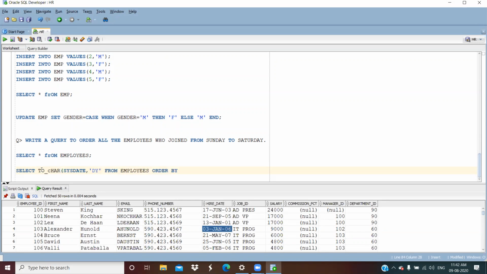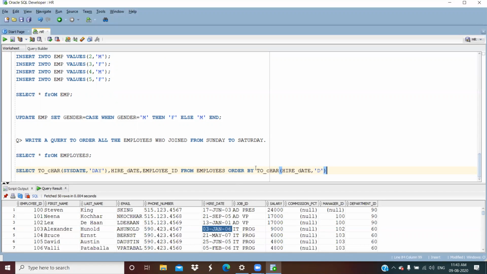I want to know the day, so I can write DAY. Then I'll write the hire date column also. Then I'm writing employee ID also. From employees order by TO_CHAR of hire date comma D.